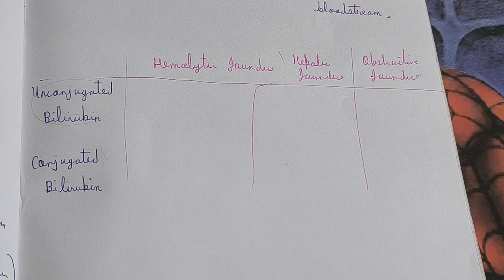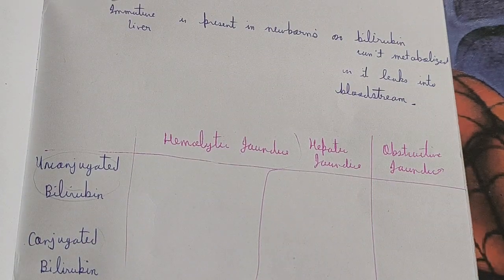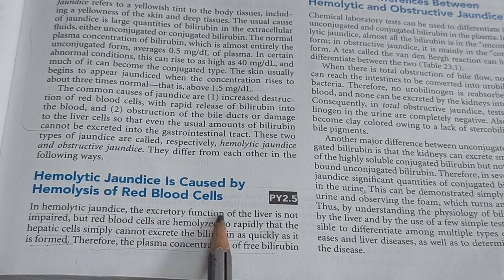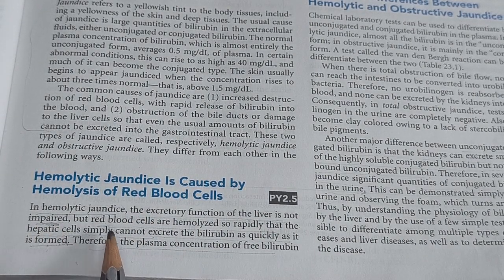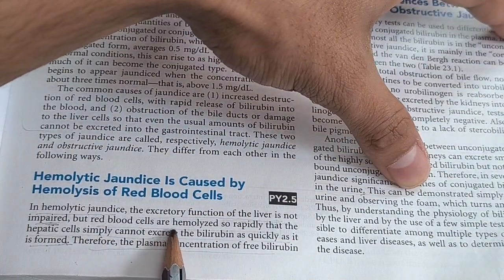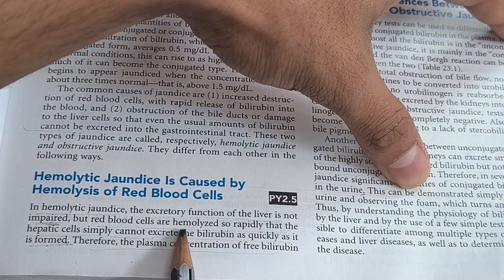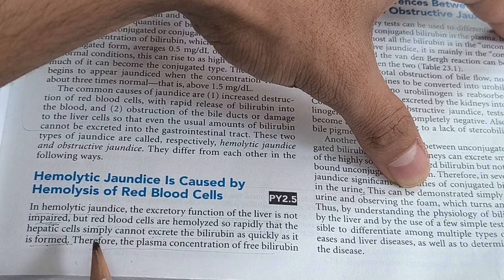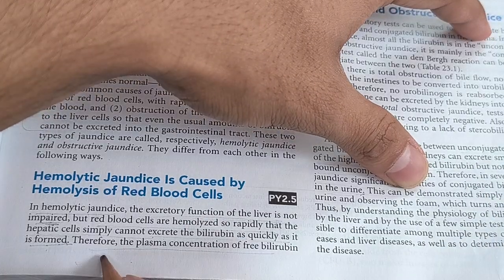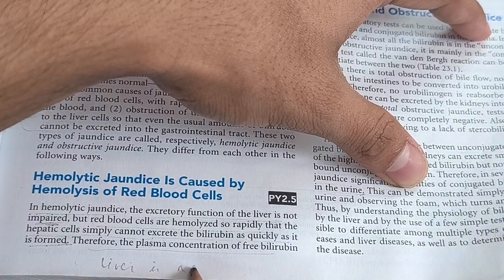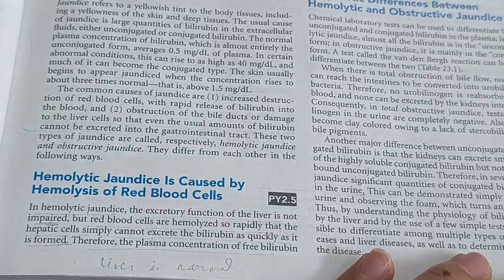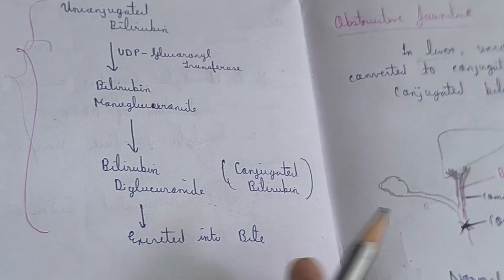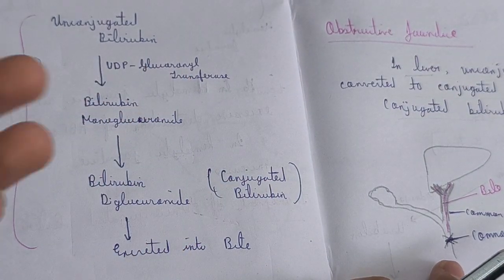So first of all, you should know that in case of hemolytic jaundice, the excretory function of the liver is not damaged. Only there is excessive destruction of RBC. Here RBCs are hemolyzed so rapidly that a hepatic cell simply can't excrete the bilirubin as quickly as it is formed. So in hemolytic jaundice, the liver is normal. So if the liver is normal, this function is well, therefore the conjugated bilirubin level